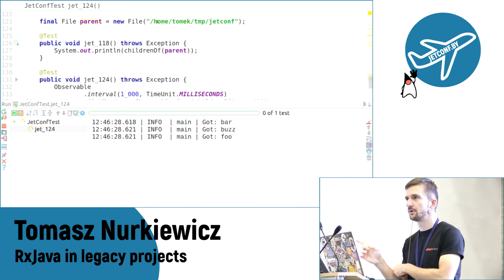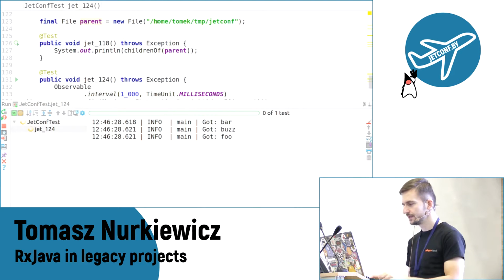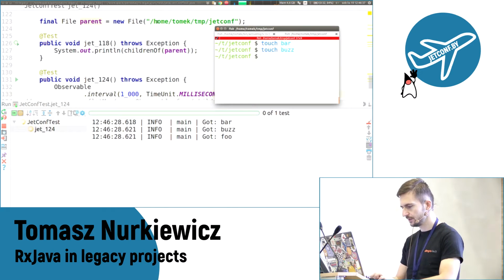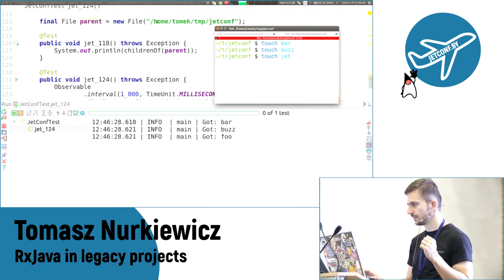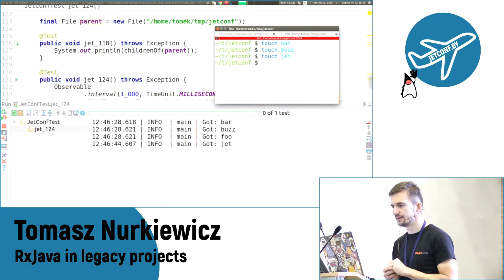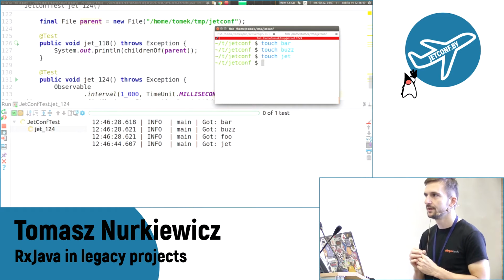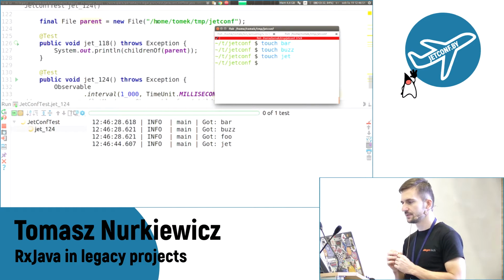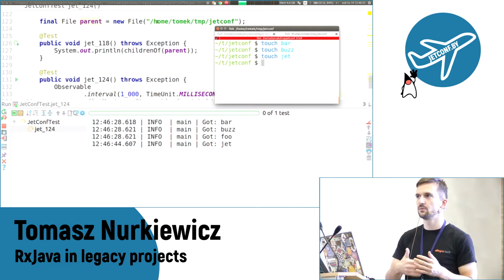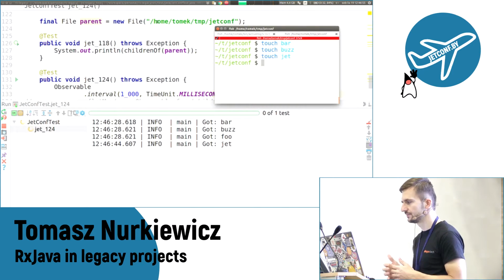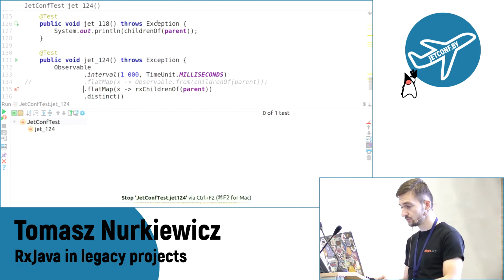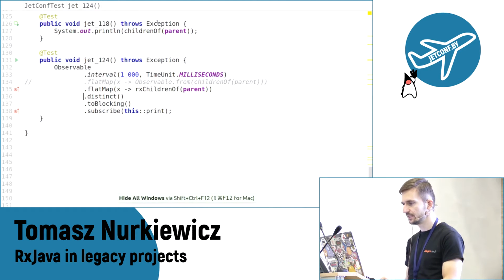And I have 3 events: bar, buzz, and foo. Someone's going to ask about memory leak. I'm prepared for that. So I have 3 events. And if I create a third one, let's call it, I don't know, jet. So I'm just creating files on the file system. Creating it, and within a second, I get an event jet. But because I use the distinct operator, it discards the subsequent appearances of the jet file. So this works, but it's not the best way of doing it,